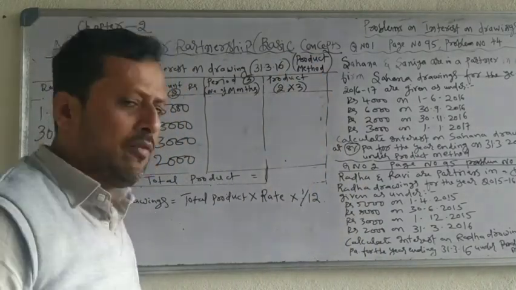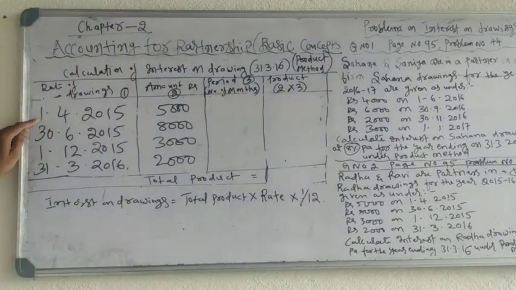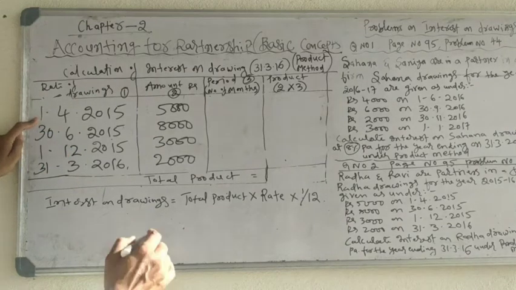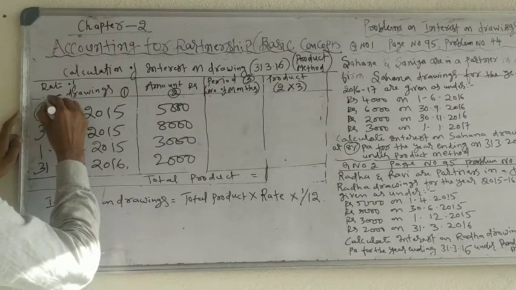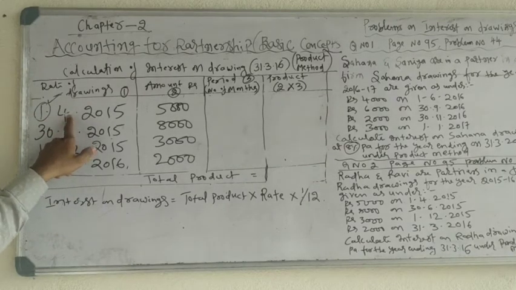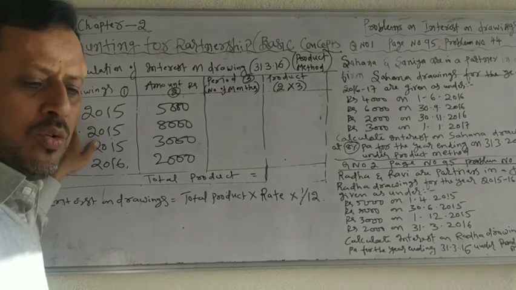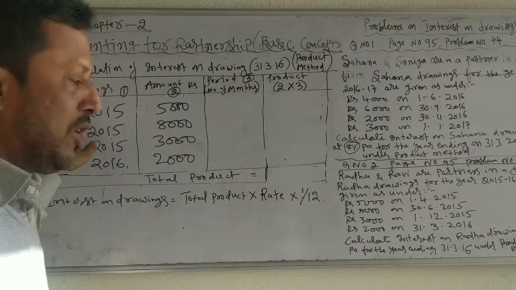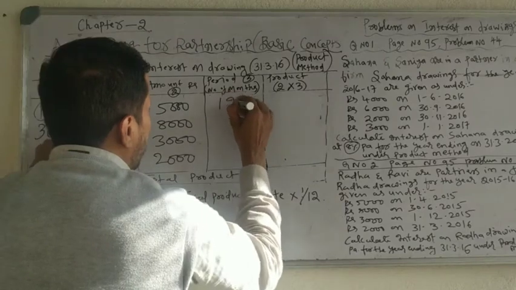Okay. Now in the same way you have to calculate the number of months. See 1/4, 1st April, count from the same month. April it is. 4th month means April. April, May, June, July, August, September, October, November, December, January, February, March. 12 months you get.